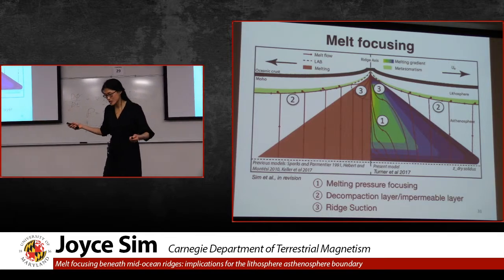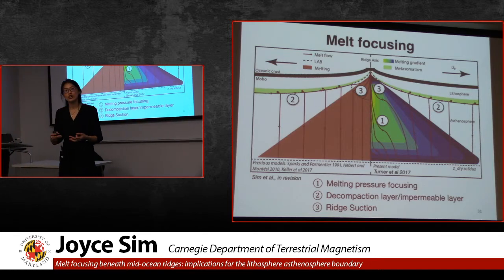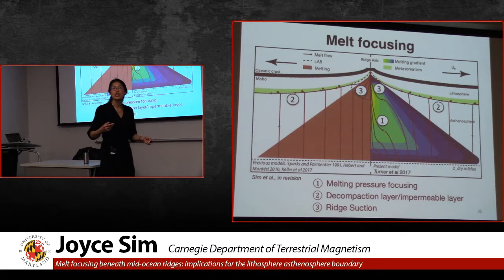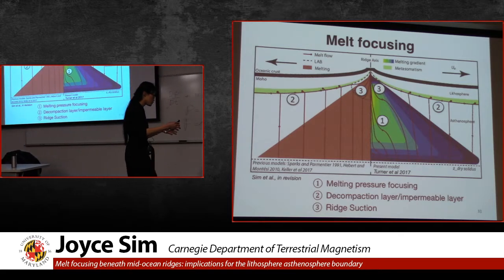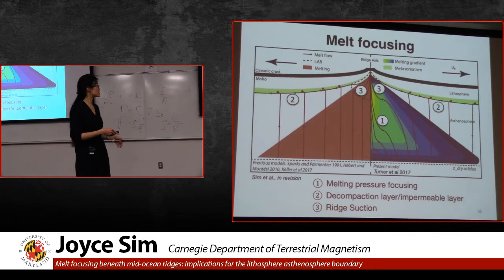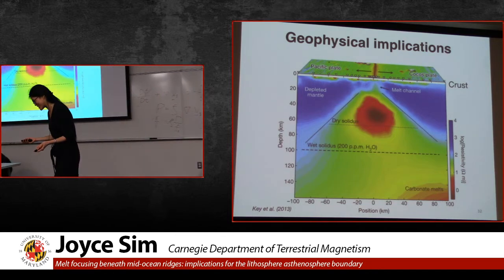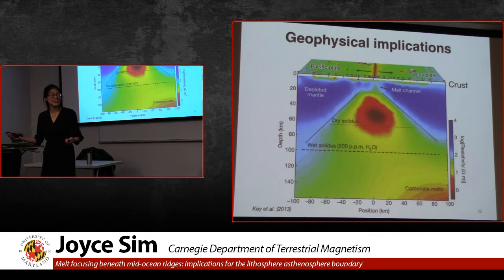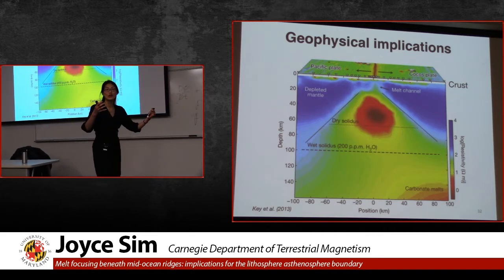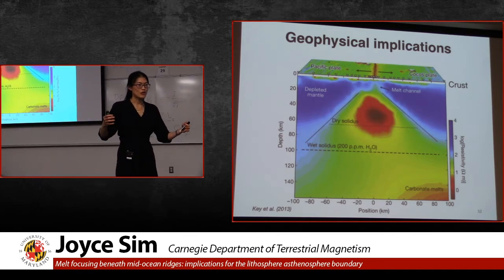So hopefully I've convinced you that on top of Rayleigh-Taylor suction force and decompression layers, you can also have this very prominent melting pressure focusing if you include viscous compaction of the solid matrix. So why do we care, right? Why do we care about this? Why does melt focusing matter? It matters because it really tells us where melt should go beneath the mid-ocean ridge, and melt transport